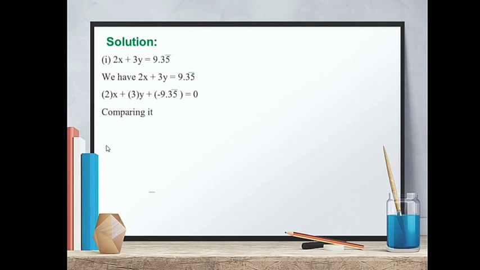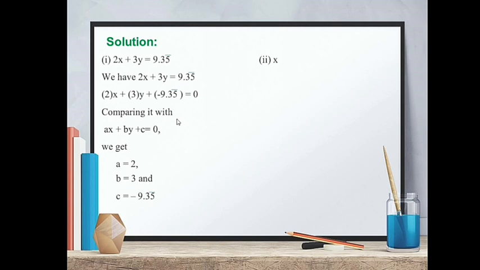So here compare it with the standard form, and the standard form is ax plus by plus c equals to 0. It is the standard form of linear equation in two variable. So while comparing, what we will get here, we get a equals to 2, b equals to 3 and c is equals to minus 9.35. So here, as I told you, a and b are the coefficients. So here the coefficient is 2, here it is 3. It means a equals to 2, b equals to 3, and the constant, it is c, which is given here minus 9.35. So this is how we have to indicate the values.